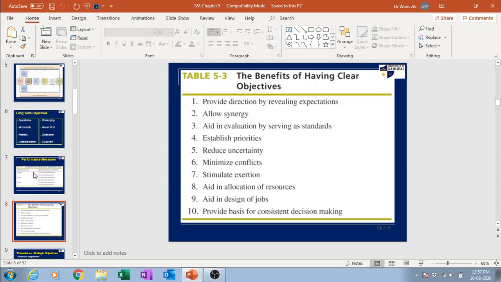So having clear objectives is very important and very useful. It is just like having a clear mission statement that we discussed in our first video. Because if you have a clear objective, it will tell you the direction. You can set up your